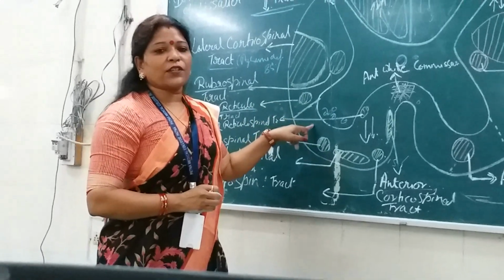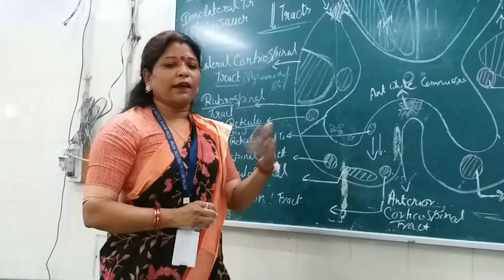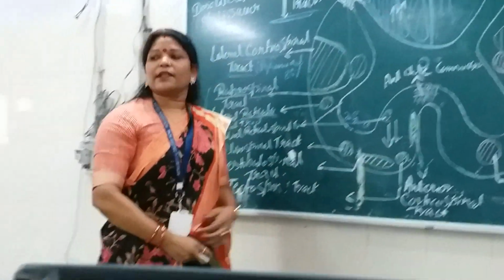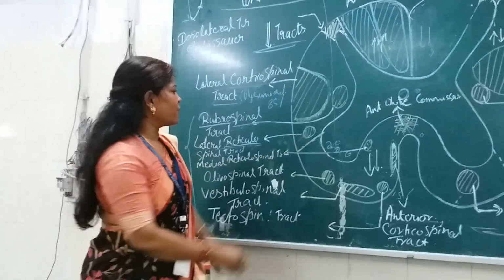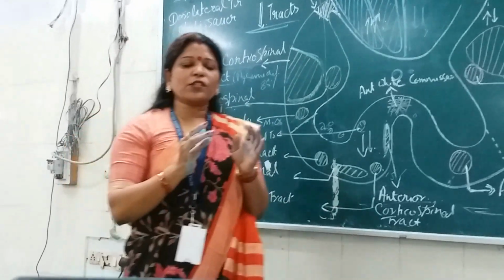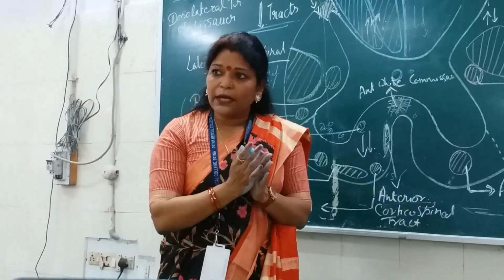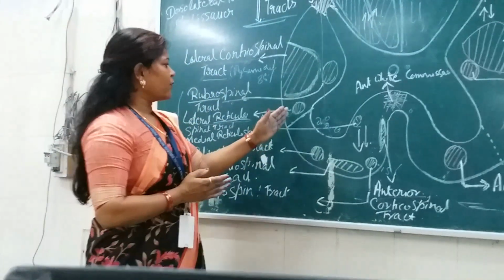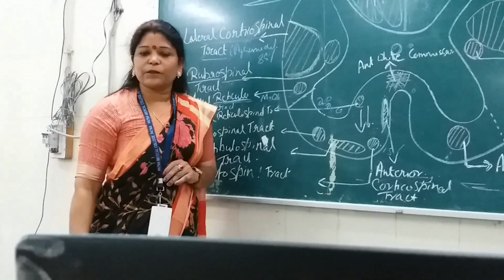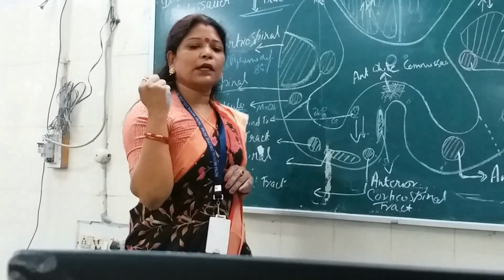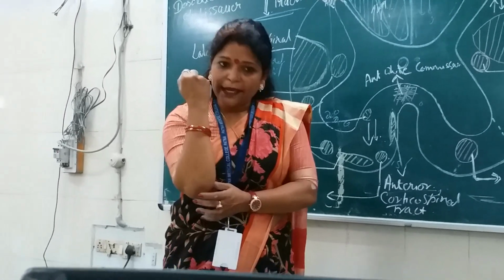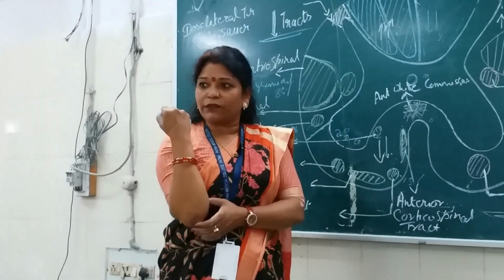Then what is the function of this lateral as well as the medial reticulospinal tract? This lateral reticulospinal tract, it is arising from which part? It is arising from the medulla oblongata, isn't it? So the neurons which are present in the central axis in the medulla oblongata, and the fibers which are coming from there, will give origin to the lateral reticulospinal tract from the medulla. And what will be the action on the limb muscle? It is again flexion. It is excitatory to the flexor group of the muscles of the body. Okay.